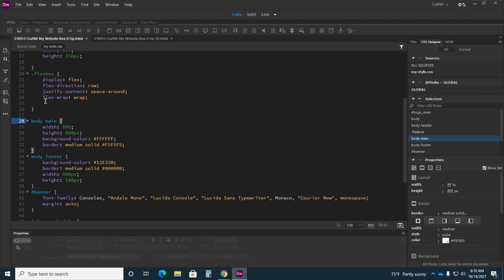And also, we'll add flex wrap, and I'll talk about that later as we start to talk about making your website responsive so that it changes as you reduce the screen size of the viewer. Okay. All right. So now that we've